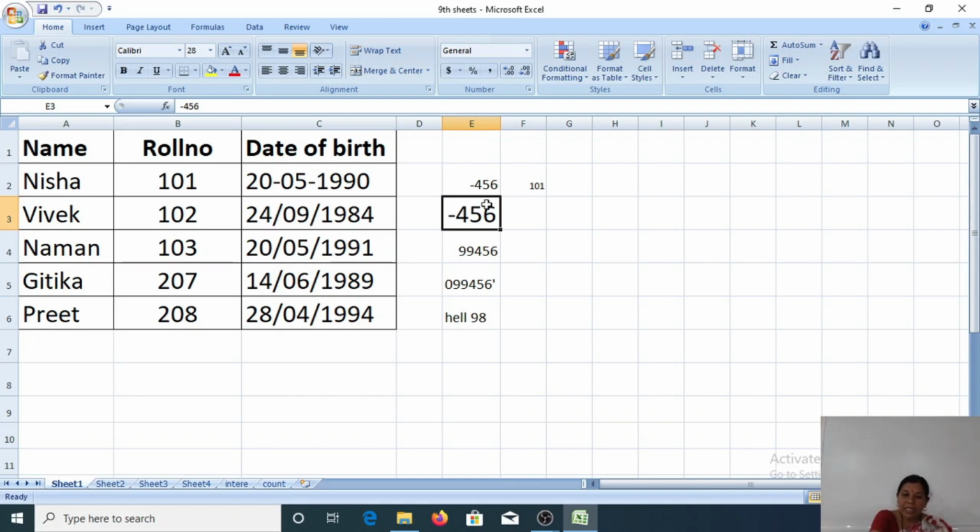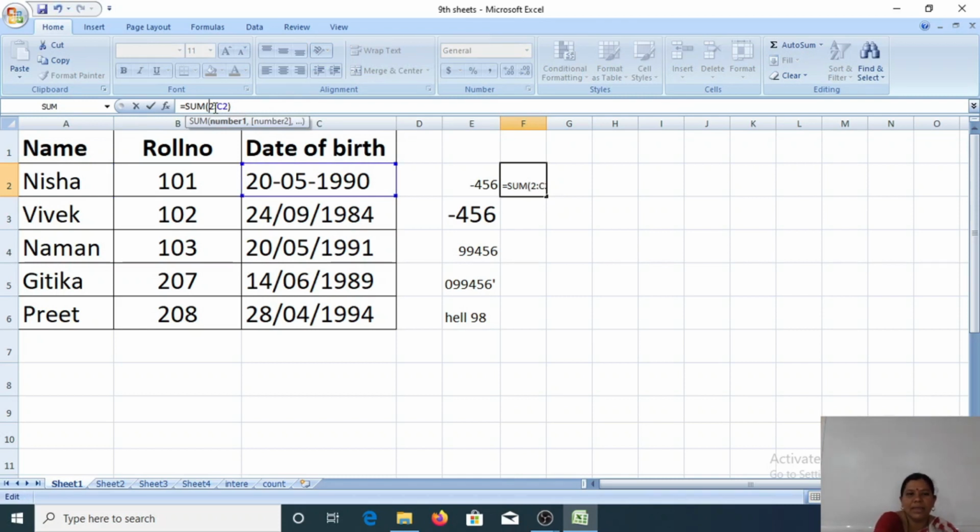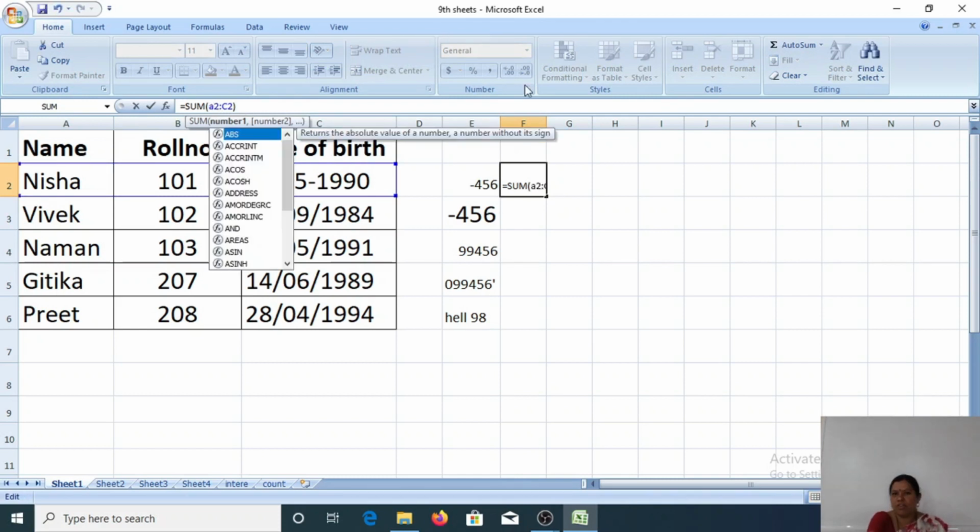And you can use the formula bar to edit the data or a formula in a cell. For example, I want to edit the data. Here I want to change the cell formula. So what I want to do now is, instead of B, take A. We can edit the data from the formula bar as well as from the cell.